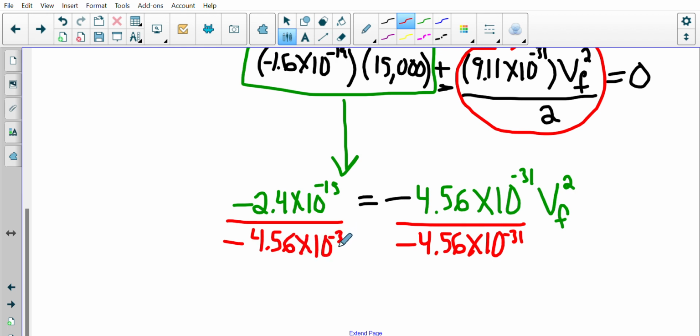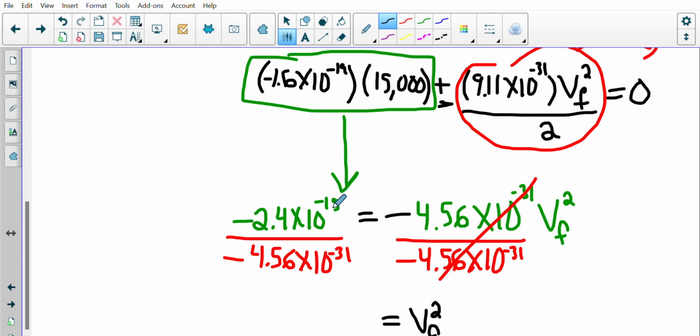There we go. All right, so those are gone. And then let's see. On this side here, I've got VF squared. Now I have to take negative 2.4 times 10 to the negative 15, it's a 15, and divide it by negative 4.56 times 10 to the negative 31. Negative divided by negative is going to be a positive. And so I end up with VF squared is